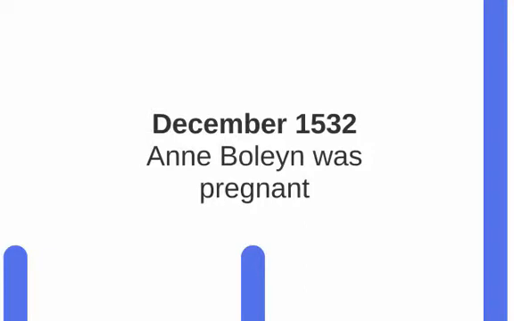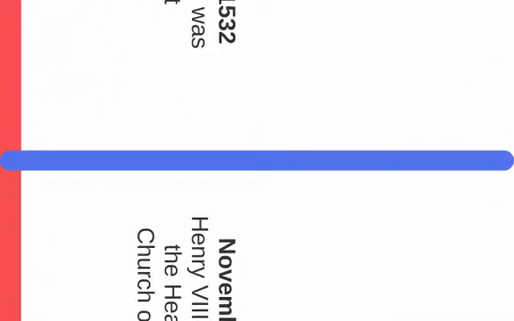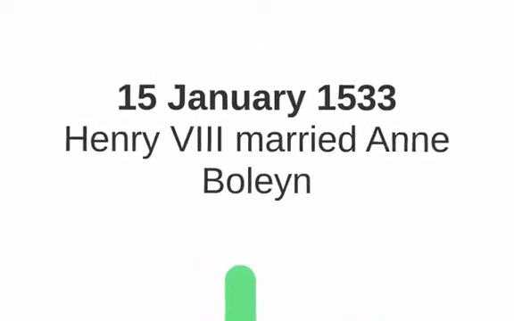In December 1532, it appears that Catherine of Aragon's replacement, Anne Boleyn, had fallen pregnant by Henry VIII, and then comes the very, very important year of 1533, which we're going to look at in a little bit more detail. So off we go on the timeline. The 15th of January 1533, Henry VIII married Anne Boleyn,